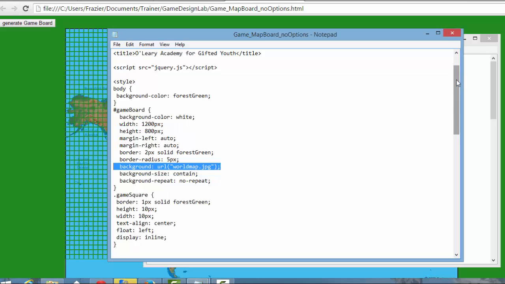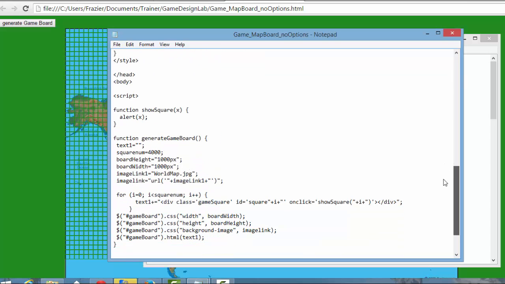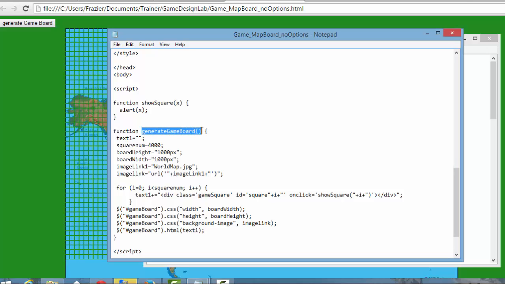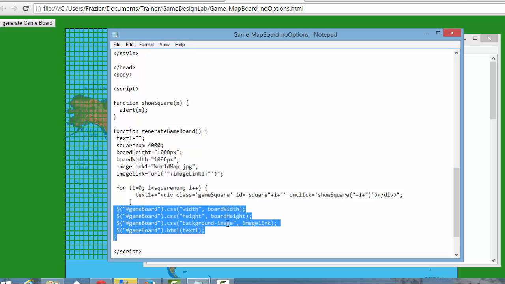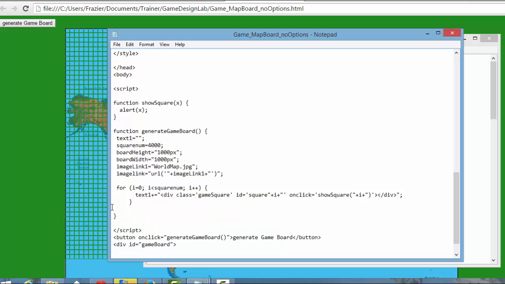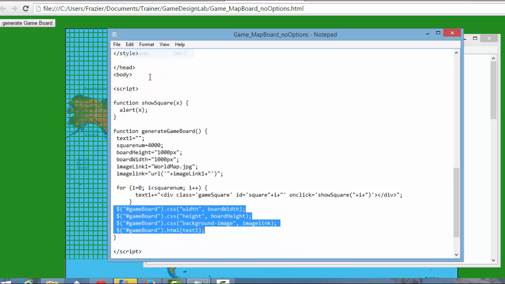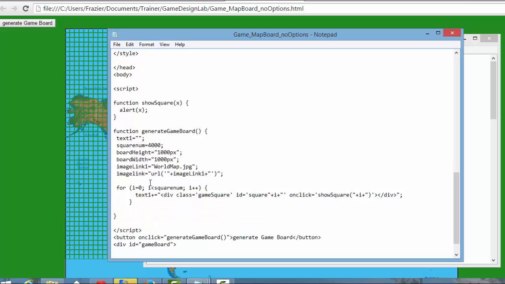Then I want you to have a function called generate game board, where you don't have to change all of this. We can deal with that later. We'll deal with that, I'll actually probably record it right now, but we'll do it as a separate one. So all I really want to see happen